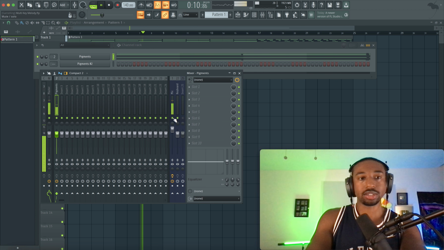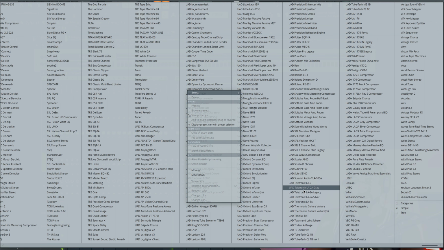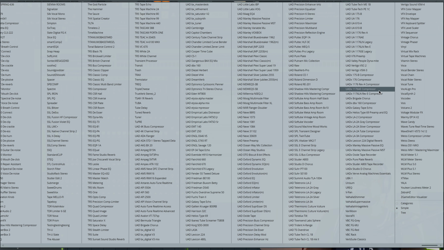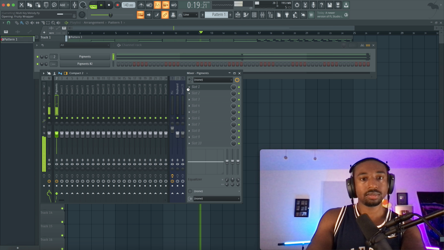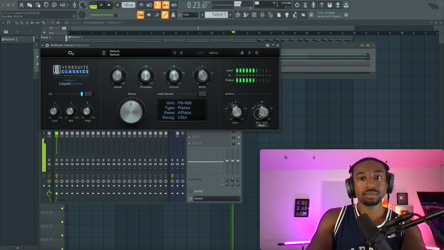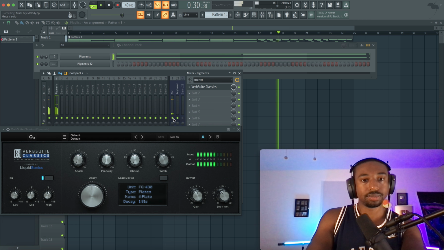And then from here, you just add your favorite effects. Let's add some Steven Slate digital reverb.